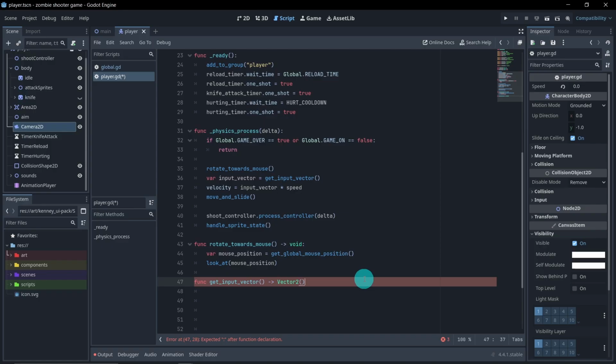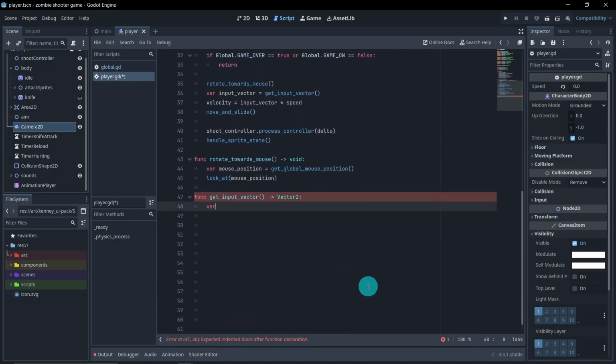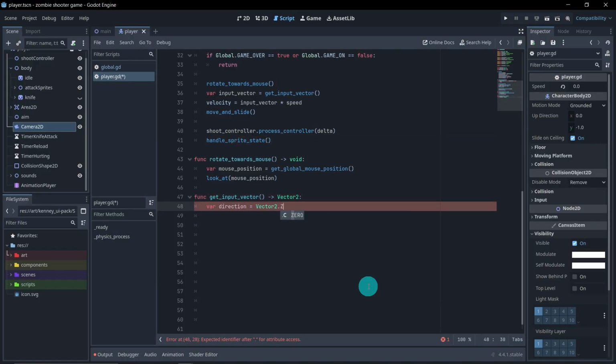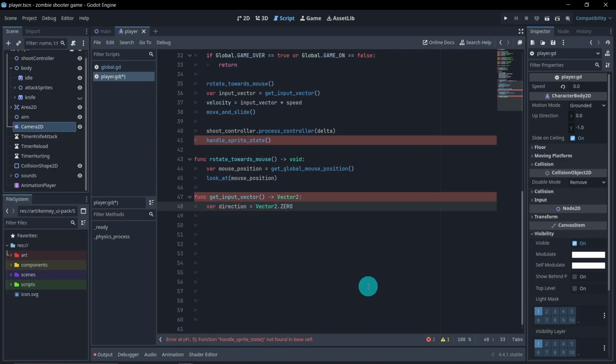So let's close that up, colon. All right, so first thing we need to do is get the direction. So variable, we'll call it direction. And what we're going to do is just simply equal it to an empty Vector2.ZERO. All right, nice. Then we're going to go ahead,